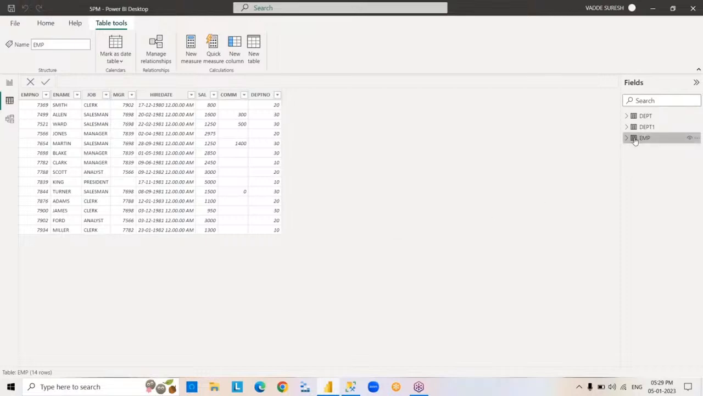And you place the mouse here. It is clearly showing how this table was copied: import. By using import only, this table was copied. Right, and